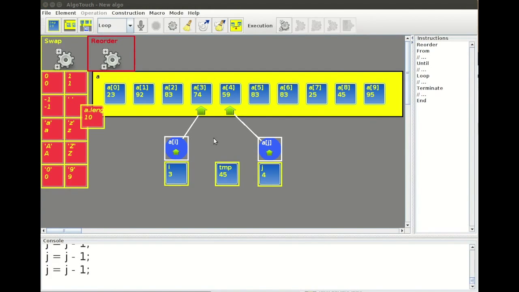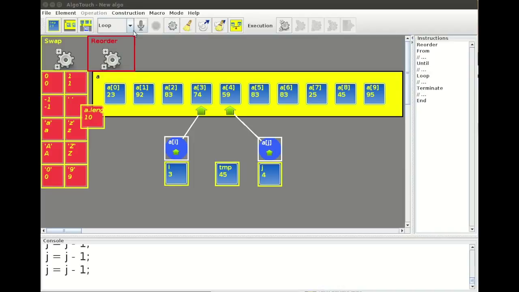Let's write a program that reorders two consecutive values if they are not increasing. So for instance 74 here and 59 must be reordered.